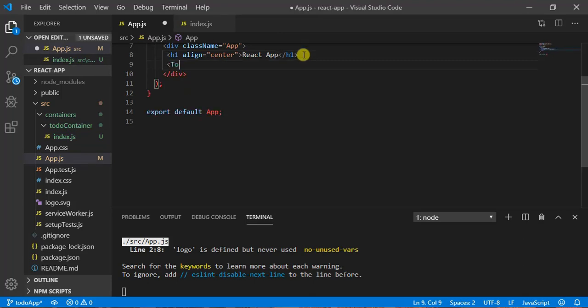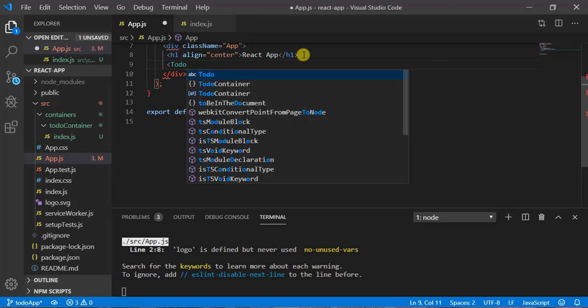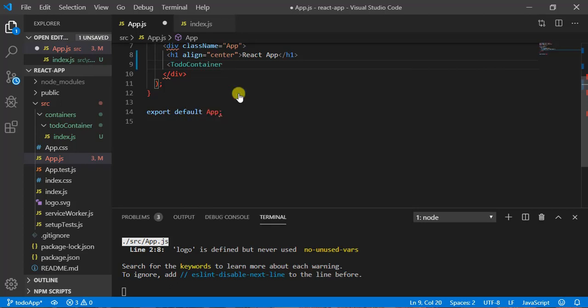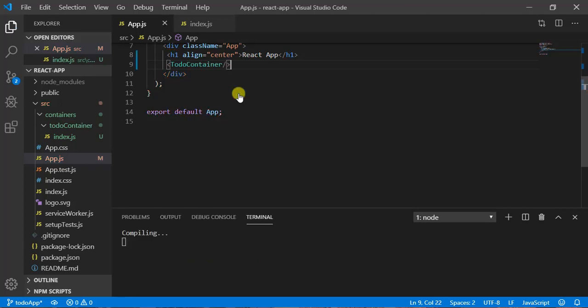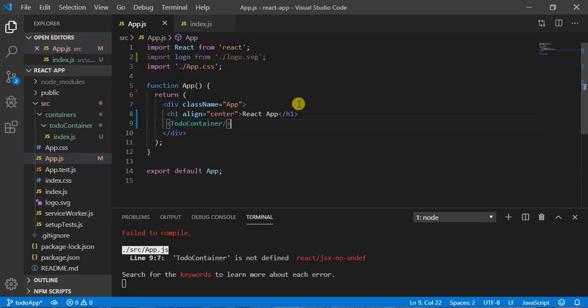So write here to do container, and you can see I have selected this symbol, so it will give me the auto import option. Let me hit enter. It has not got auto imported, so once again I need to import from here.